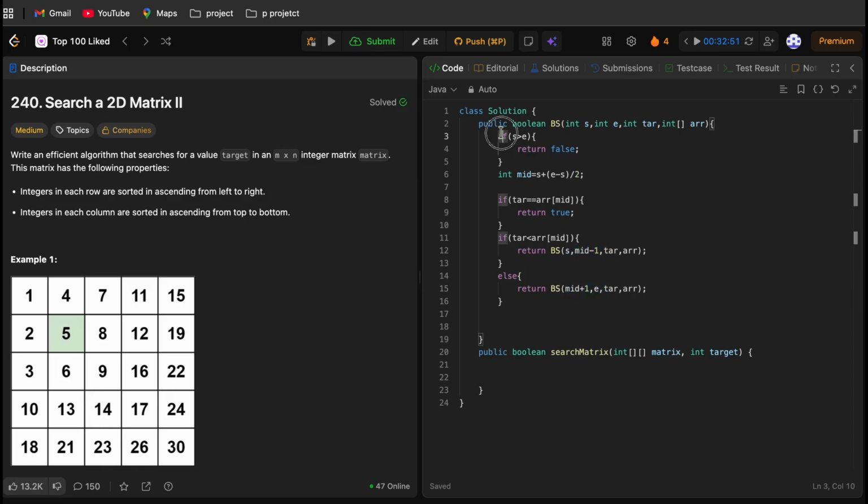And if our start becomes greater than end at any point, we will return false, signifying that we have not found our answer in the whole array. And binary search takes an array as an input, a sorted array as an input. So now let's just quickly see the